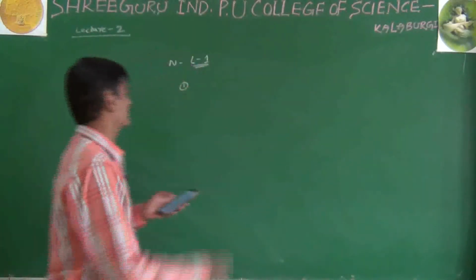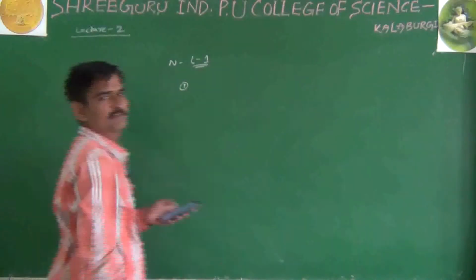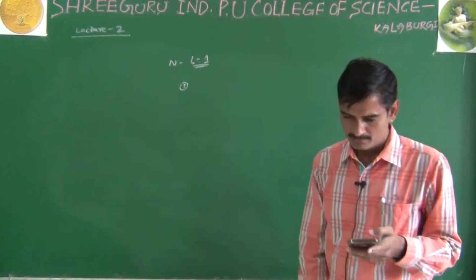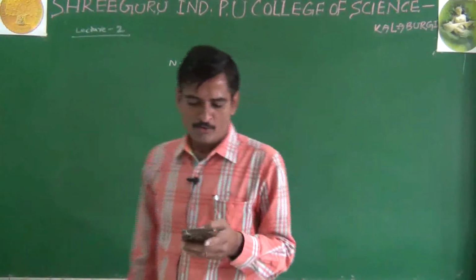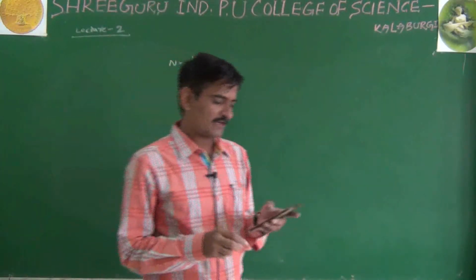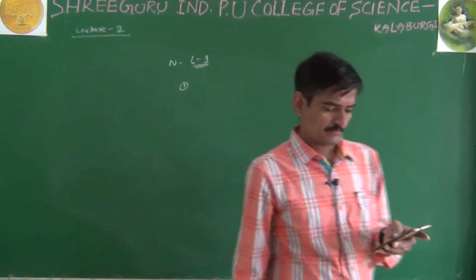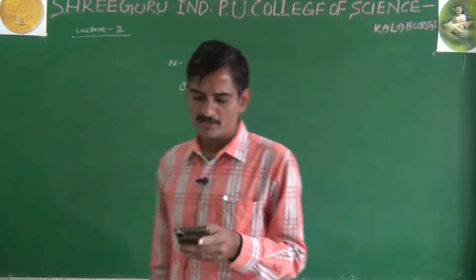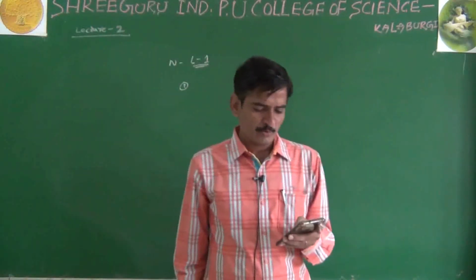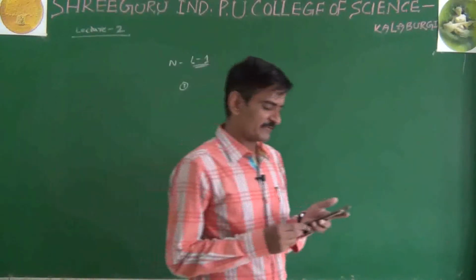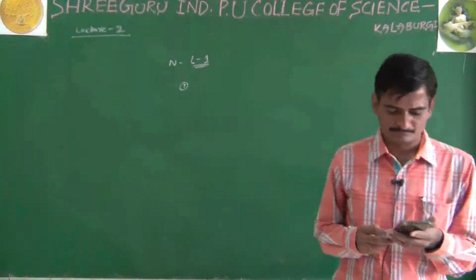So, first one, simple numericals. These are simple numericals only for 1 mark or 2 marks. Write down. Find the electric potential at a point, comma, when a work of 2.5 into 10 to the power minus 5 joule is done